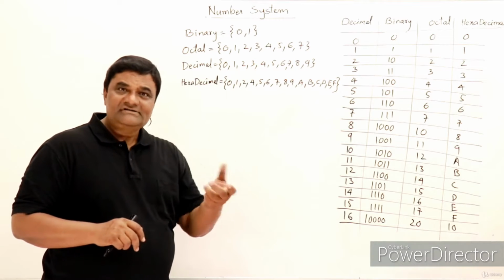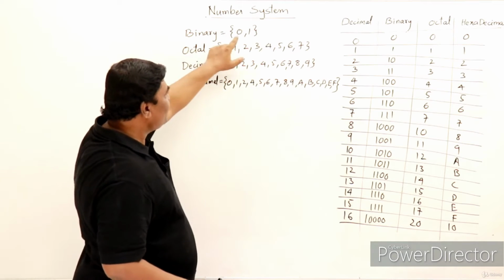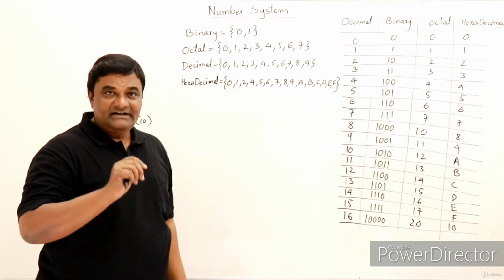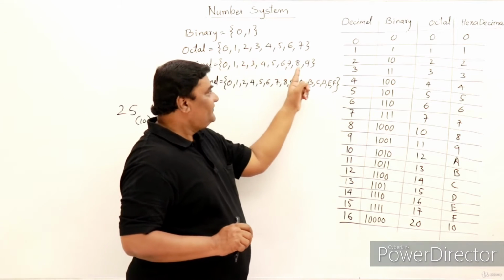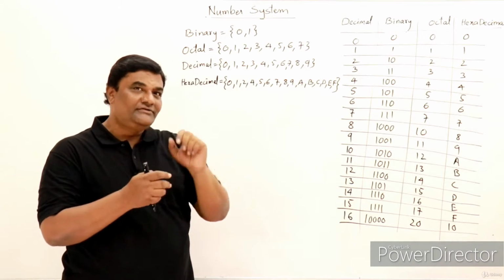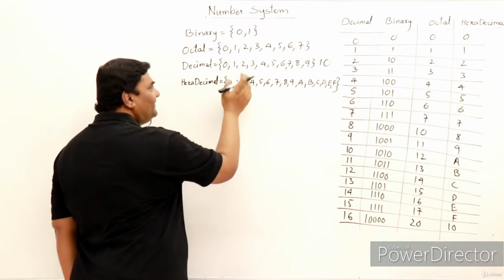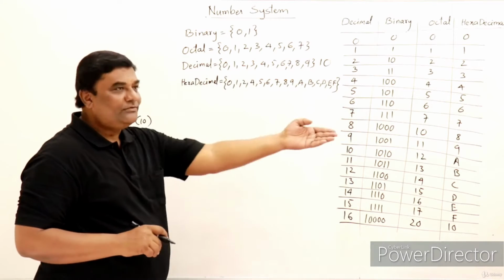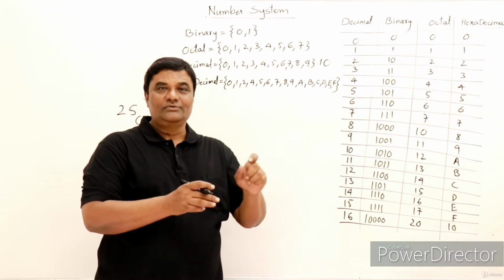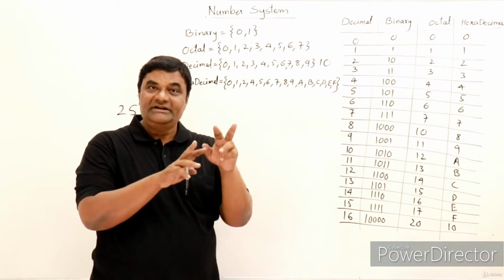Then the computer works on zeros and ones. So how many symbols? Only 2 symbols. The binary number system has only 2 symbols, 0 and 1, that's all. See, one thing I'll tell you. Once we have finished with the last symbol, after 9 we use a combination of symbols. We write 10, which means 1 and 0, we are combining. So this place is 1, the next place again will start from 0, 1, 2, 3. We have finished with the symbols, so that's why we take a combination of symbols.